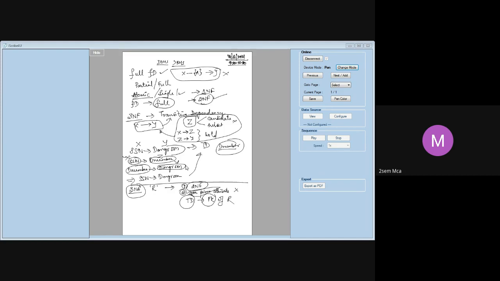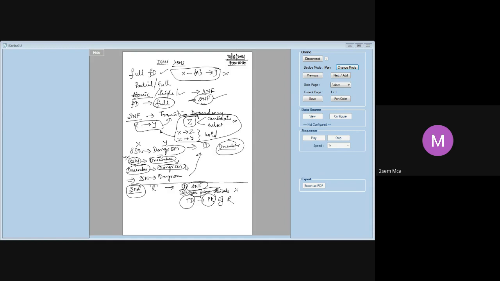This is what we know. We know what transitive dependency means now. So none of the non-prime attributes should be transitively dependent on the primary key of R. That is what the third normal form states. Let's take an example.